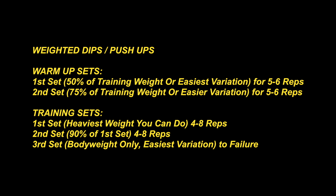So with dips or push-ups, you're aiming for reverse pyramid training as well, so you can do your heaviest set or most difficult variation of the technique of a push-up, whether that be feet elevated, a 1-arm push-up, eventually progressing to being able to do dips, and then weighted dips with a chain instead of adding weight, or like with a dumbbell by your feet. That way you can still progress and do more weight and become stronger in this movement pattern specifically. Once you can get 8 reps in both of those sets, increase the weight, but then that last third set